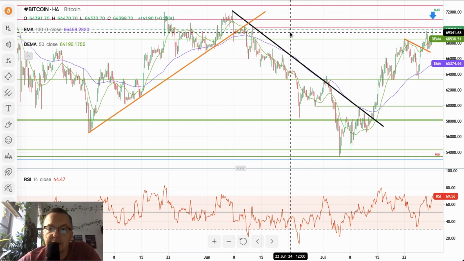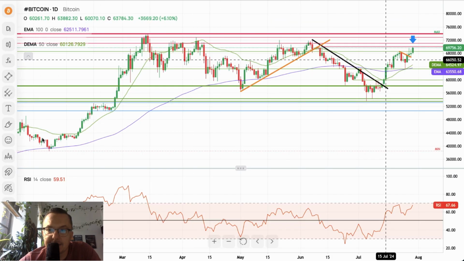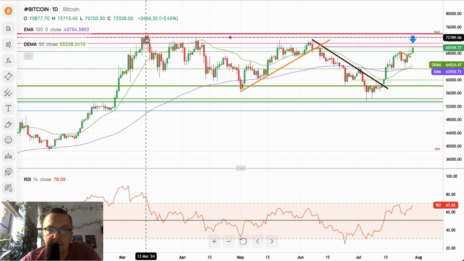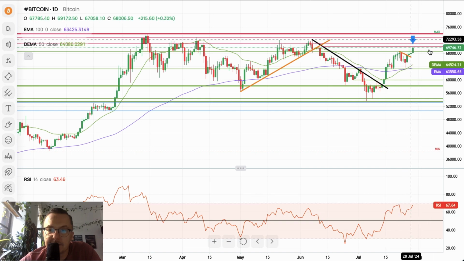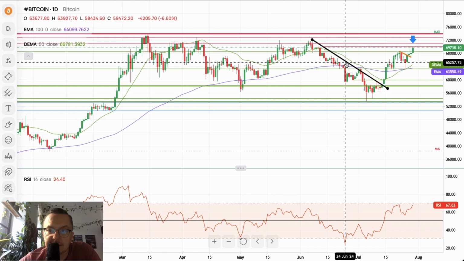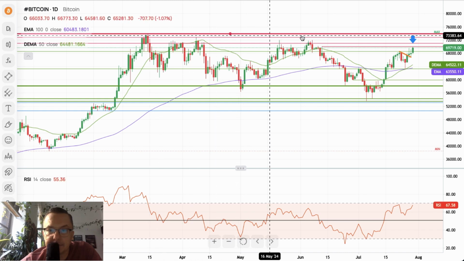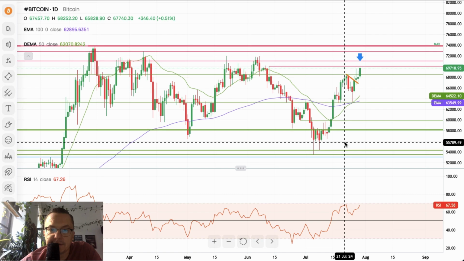If you want to zoom out, you can zoom out, and you can see that we are very close to the area where the yearly highs are placed. You can see it here. We are in the area. The yearly high is roughly around the level of 73,750, so it's not that far away right now. The market is not that far away from the yearly high. I don't think that this line will be useful anymore, so let me get rid of it. And this is the big zone, the big supply zone that might be tested very soon.